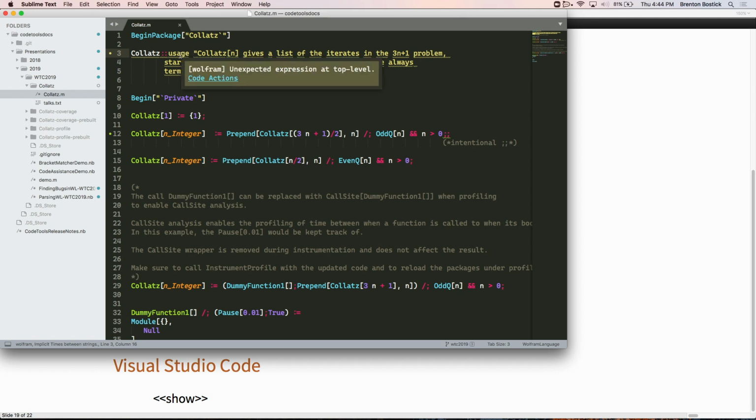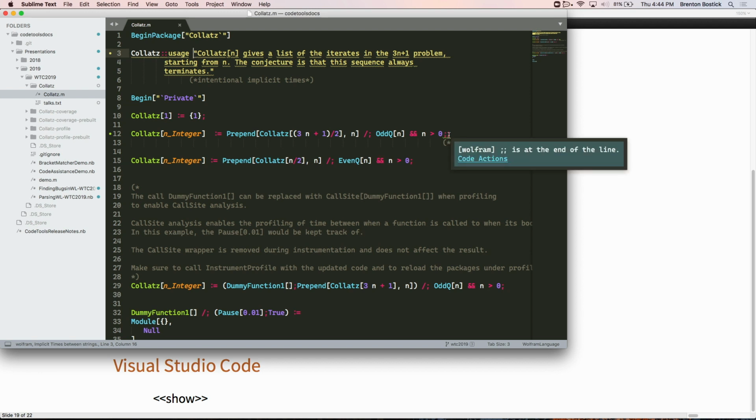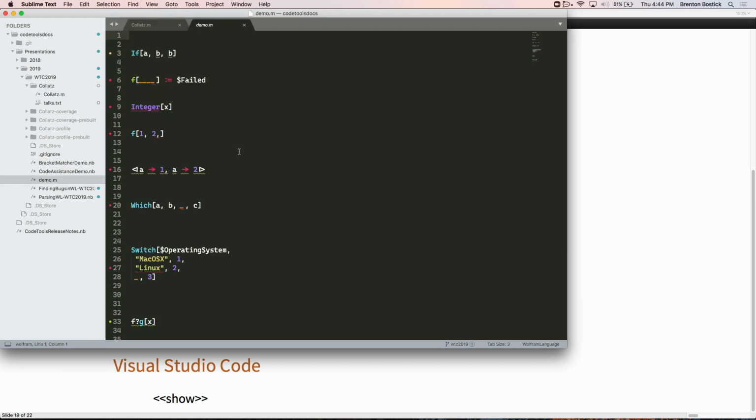When I jumped here before, you might have seen the syntax coloring. Hovering right there, it might catch it. I can't see if it catches it or not. I'm going to go over here where the span is. Span is at the end of the line, and it shows you the same problem I was showing before, basically. And so I have this other little demo.m file with similar things to show both branches are the same,